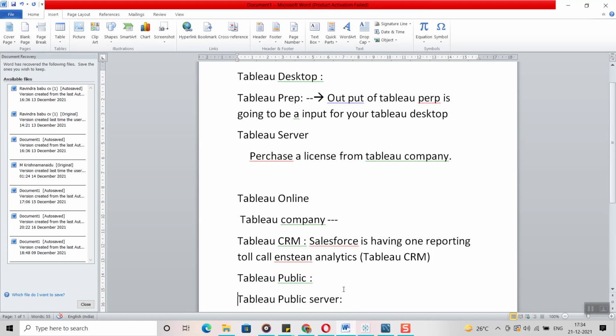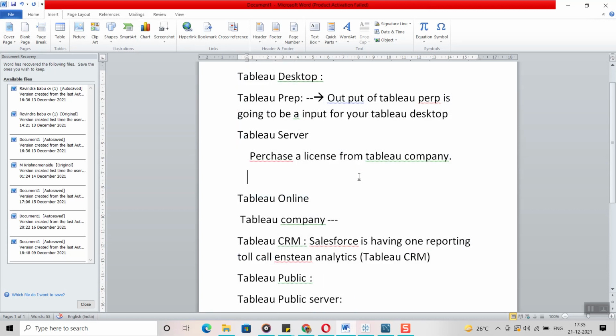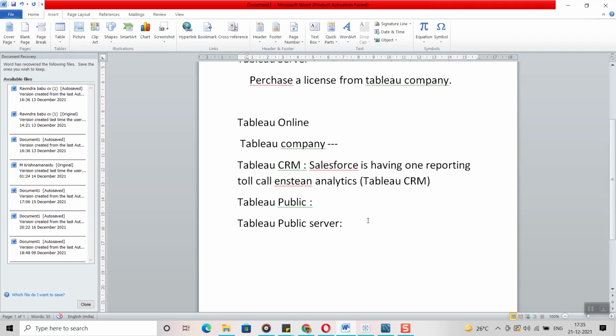If we are sending any reports to any customer or client, we can share through Tableau Online or Tableau Server, right? Yes, in real time, in any project, we are going to use one of these products. Exactly. If anyone asks in an interview what the different products are that Tableau has, you should know all these products. That's why I'm explaining all these products. Next, we have a few more products, guys. One is Tableau Reader.